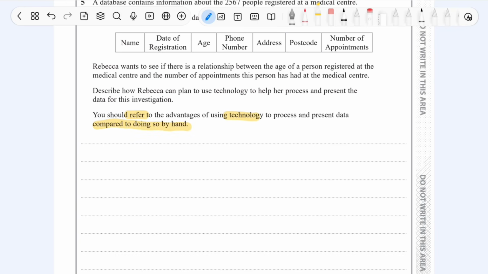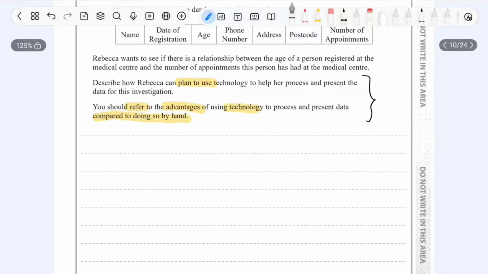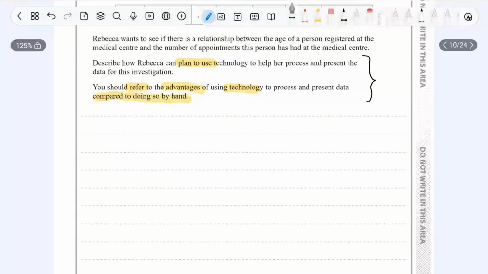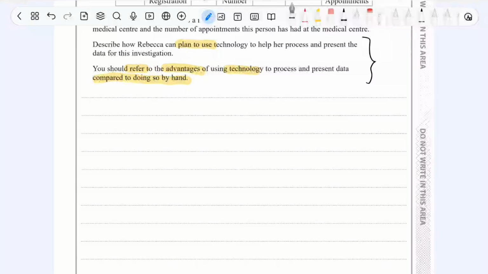And then another thing is you can split this into describing how Rebecca can plan to use technology and the advantages of using technology. So advantages and planning to use technology. So there's kind of 2 pieces of your answer: there should be the plans to use it and what you can actually do with the technology, and the advantages of doing so. And basically, because it's 6 marks, you're going to want to go for a rough 50-50 split. So you can do 3 general points per heading. So if we look at the planning, what can we do